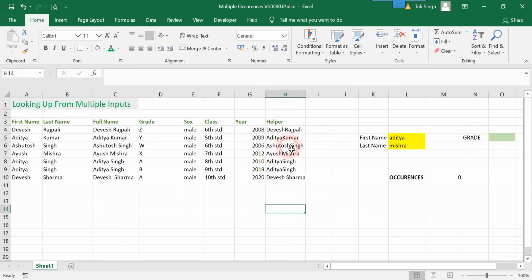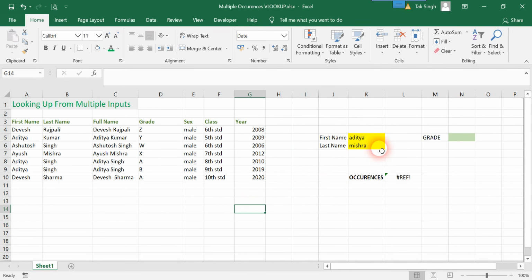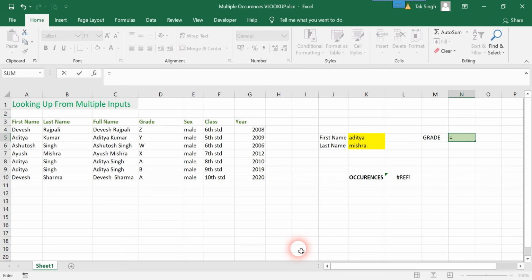But the other way is to completely delete this and in fact use an array function to overcome the challenge, or to replace or eliminate the role of helper function. So what we will do is we will now try out our first array function over here using our looking backward function, that is the combination of match and index function. So let's start with our first array function, and it goes like